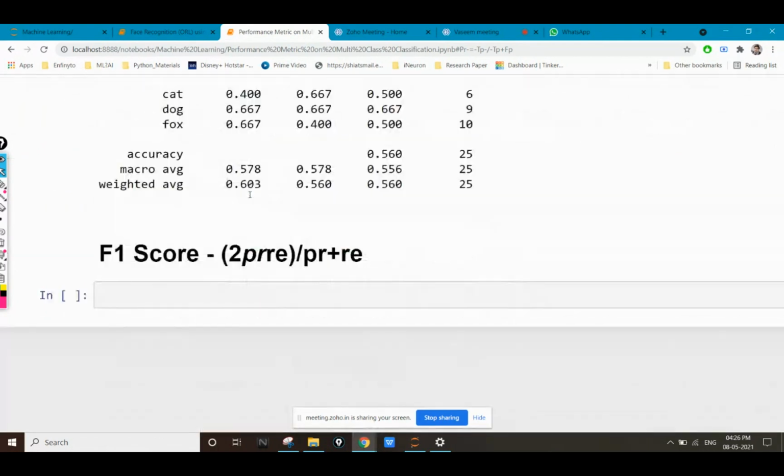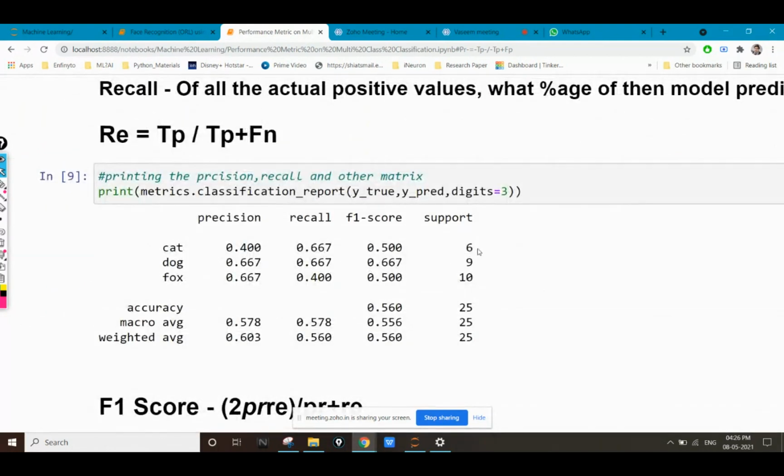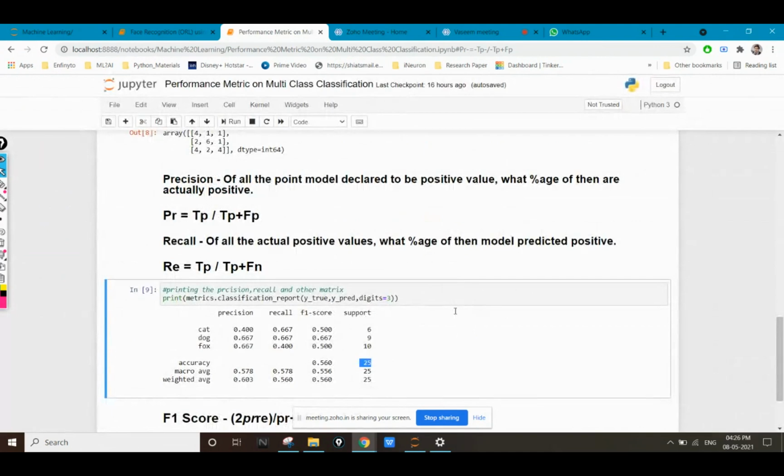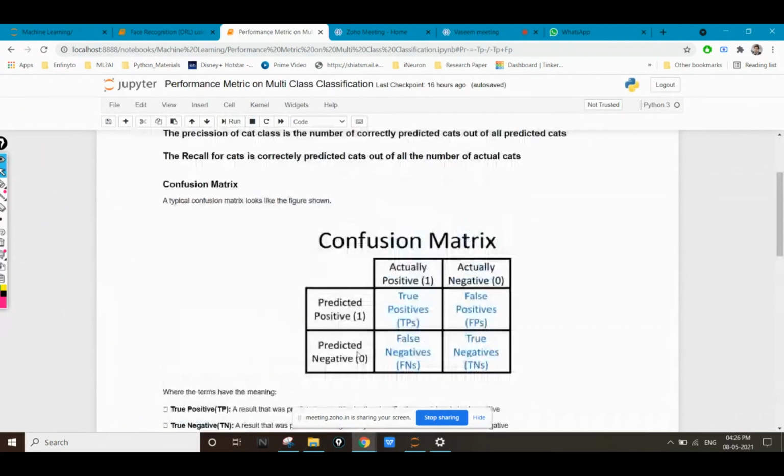Support will show you that the actual value count of cat was 6. We have a total of 25 values, and support is showing me a total of 25 values. So support gives you the total values of the cat class, the dog class, and the fox class.